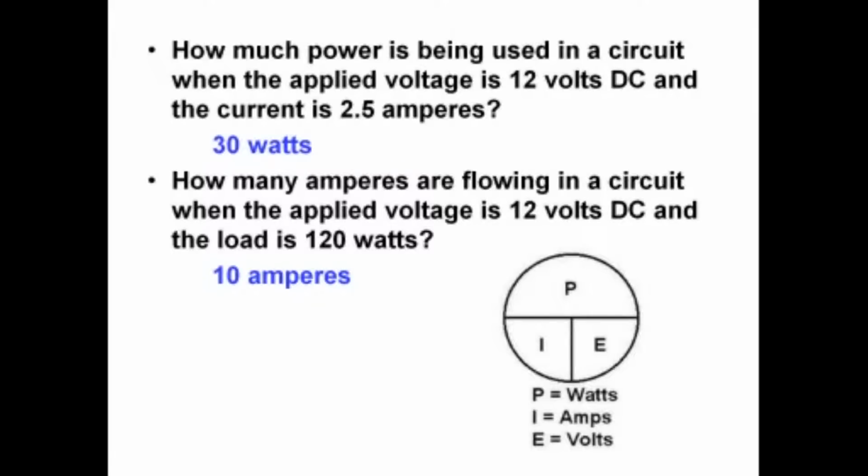Okay, here we're working in a different direction. How many amperes are flowing? So the thing we want to know is this one here, isn't it? Okay, so let's cover that up. When the applied voltage is 12 volts and the load is 120 watts, well, we know that we're going to divide the power by the voltage in order to get the amperes. So we're going to divide 120 by 12, and this will give us a current of 10 amperes. Any questions on